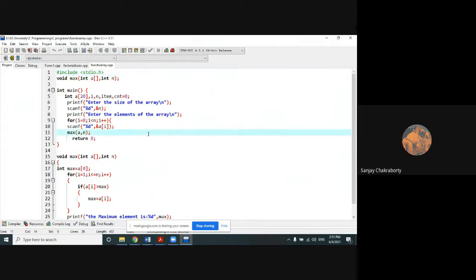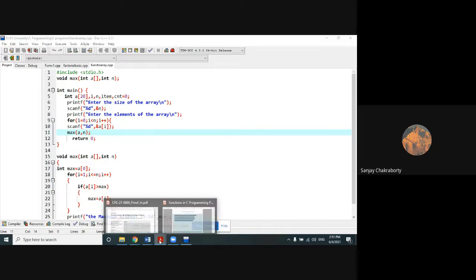The last thing that I need to tell you today, and then I will stop my session, is how we can pass an array through a function. That means function to array. Very simple. How we can pass an array to a function. I mean, so far what have I been saying? How we can pass a variable through a function, and now I am telling you how we can pass an array through a function, right?